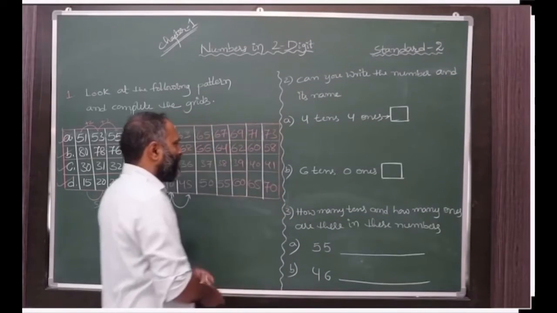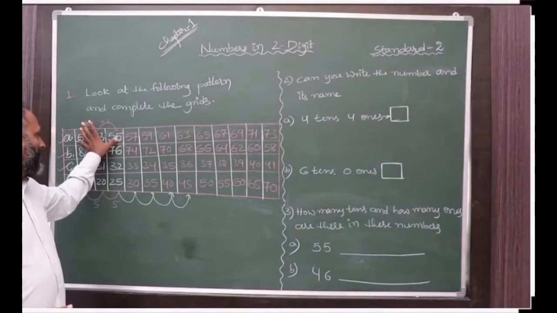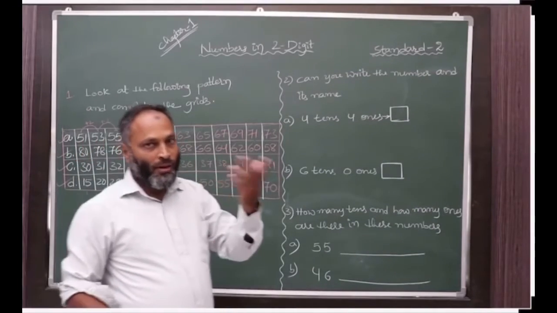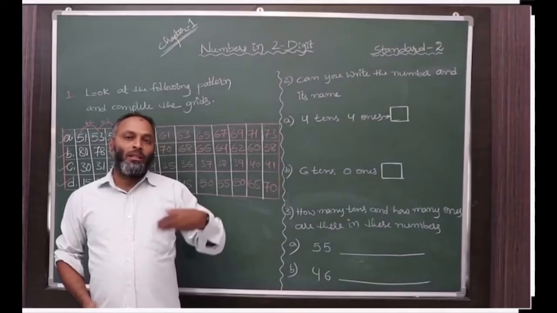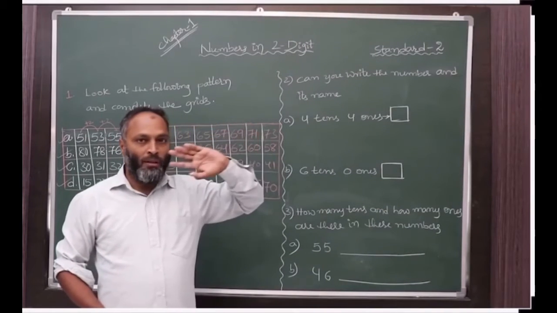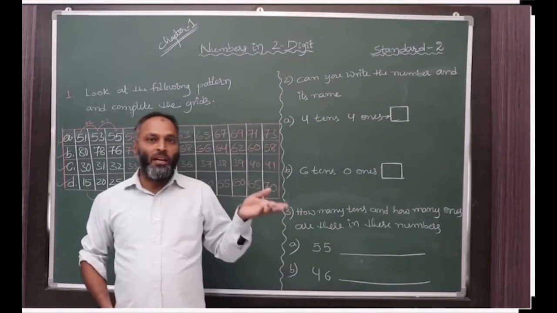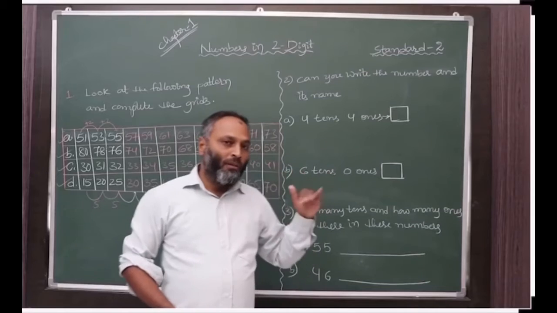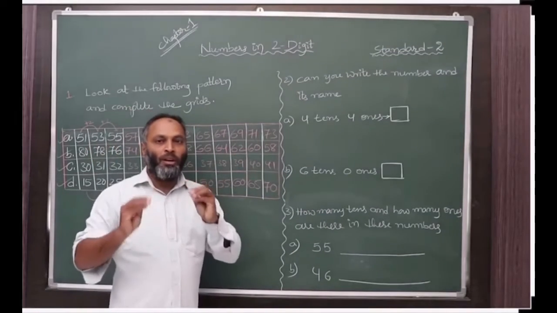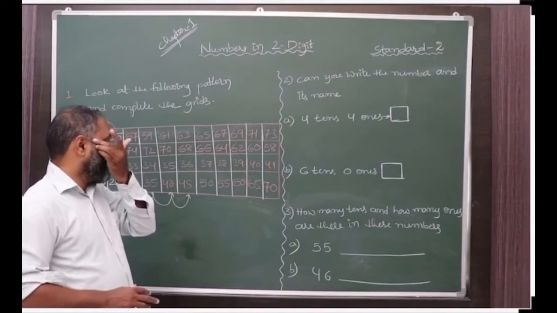So for this pattern, first we have to check the three given numbers and see what procedure is given. If an increasing by 2 procedure is given, then we increase by 2 and complete all the grids. If 5, 5, 5, 5 is increased, then we increase 5, 5, 5 and complete our grids. If decreasing 2, 2, 2, 2 is given, then we decrease 2, 2, 2, 2 and complete our grids. This is the procedure we have to follow.